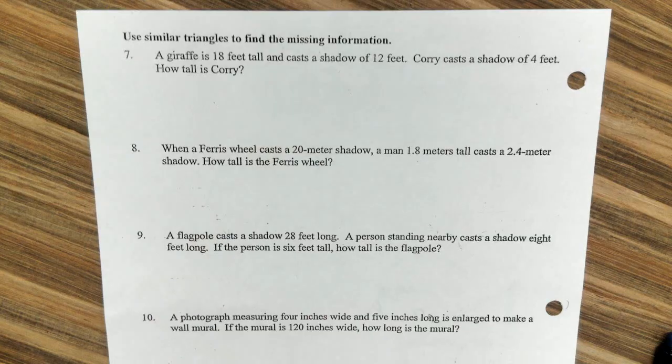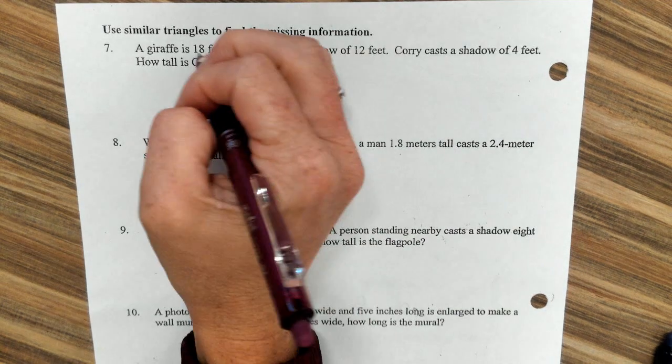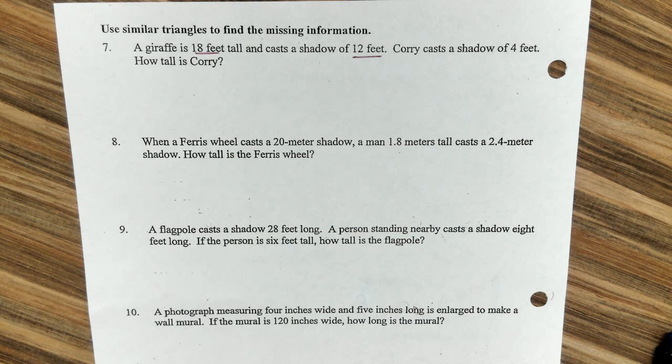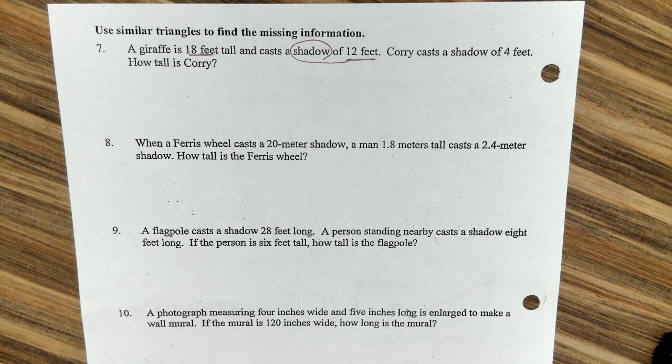Okay, go to the back. We're going to use similar figures, which is similar triangles, to solve for the missing information. Now, you can draw a picture if you want. You don't need to. Or you can make a box. All right, let's set up number 7 together. A giraffe is 18 feet tall and casts a shadow that's 12 feet tall. What do they both say? Tall. They both say feet. So I can't label feet. Are y'all with me? One is a what? Shadow. And the other one's a giraffe, but I'm doubting the next one's also going to be a giraffe, so